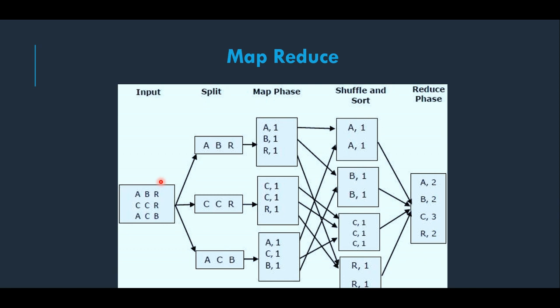Let's explain this concept through a famous example. There is a famous example for understanding MapReduce, and that is the example of word counting. As you can see, imagine that we have a document containing 3 lines, and our goal is to count each word in this document. MapReduce splits